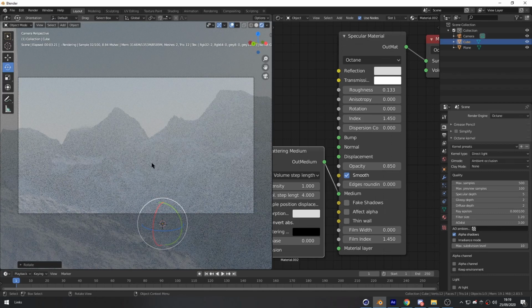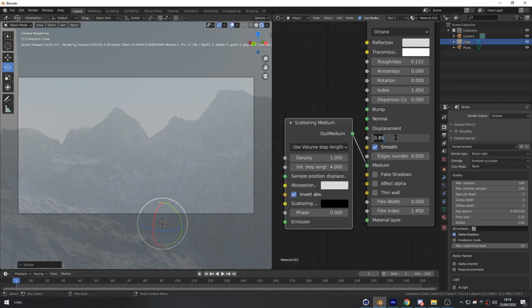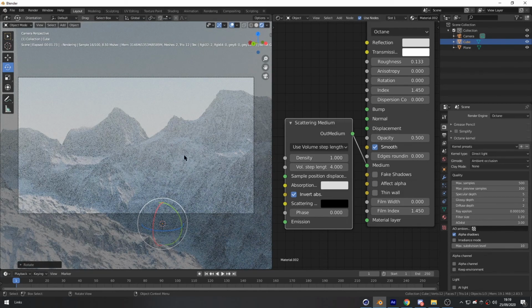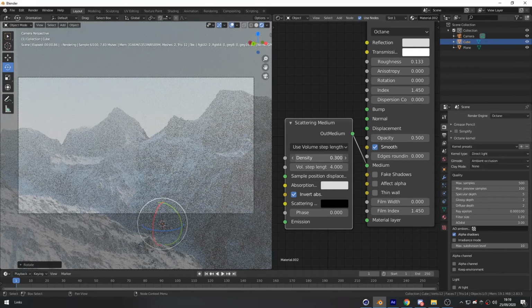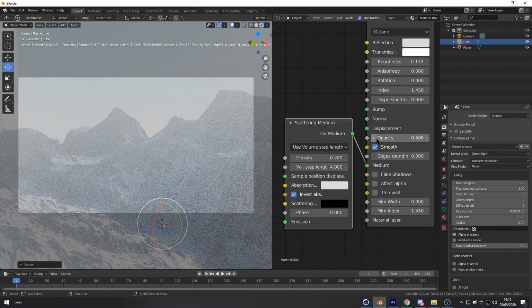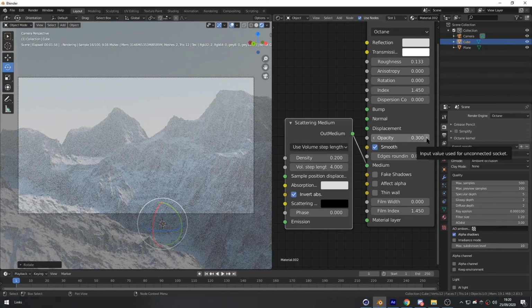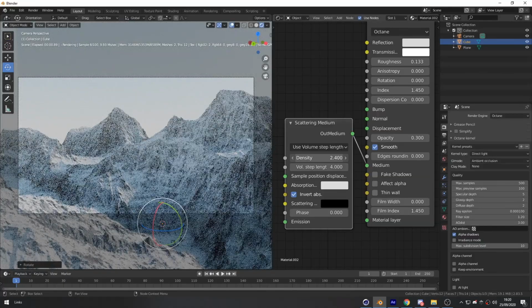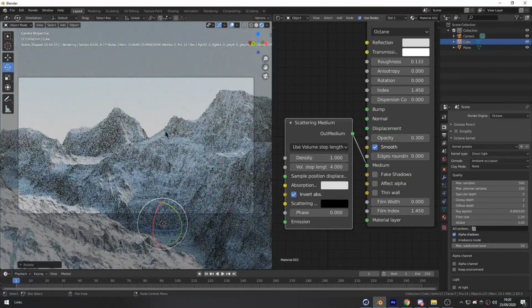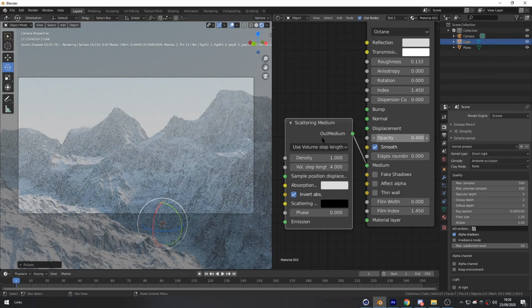So what we have right here looks really good, but we can see that the fog is still really, really thick. So let's turn down our opacity to 0.5. And now we can see instantly our fog gets thinner and looks way better. Let's actually turn down our density even more and turn down our opacity with it. Just like this. This looks good. The final render of this is going to be really good. Actually, let's keep the density at 1 and put our volume opacity to 400. This is good. So, yes, that's how you make fog in Blender